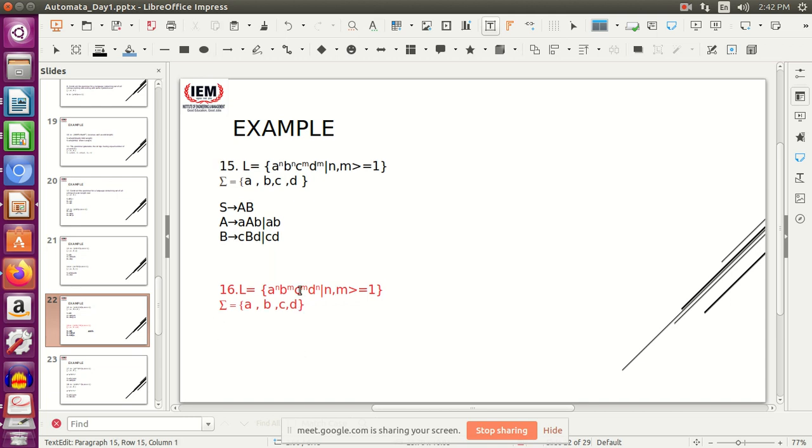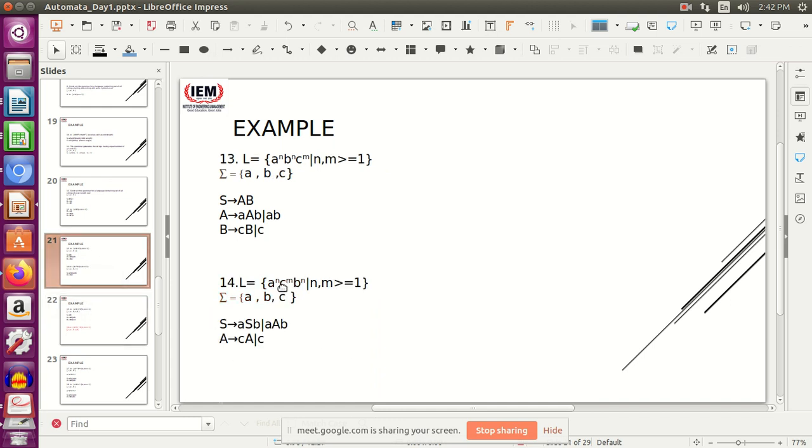Since over here the form is you have to match the number of A at the beginning and D at the end, right? That is the first priority. Then is the number of B and C, which should lie in the middle of A and D. It is quite similar to the problem you have done for A to the power n, B to the power n at both the ends, and then in the middle you had C to the power m.